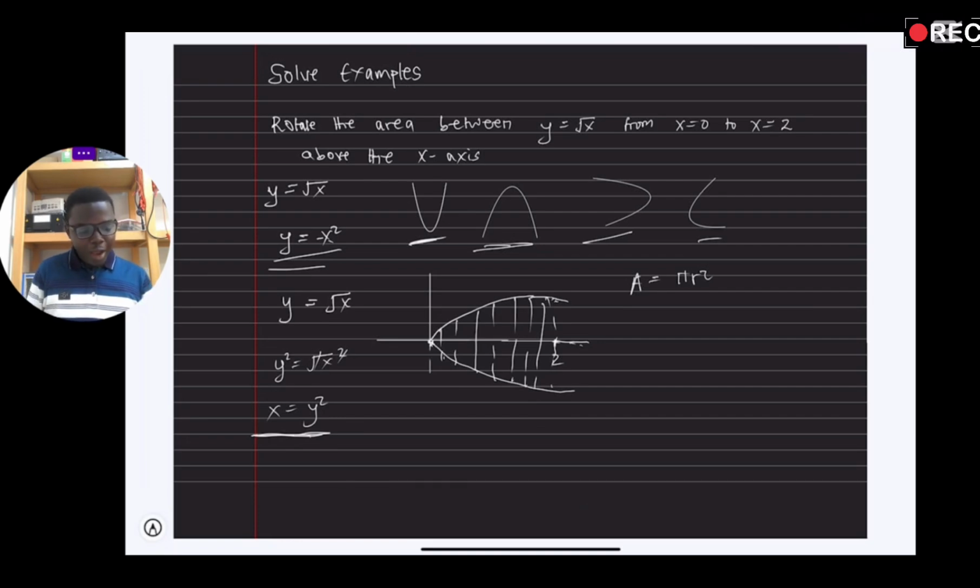And last time I showed you how you'll be able to find the radius of this figure. I was telling you that the radius of this figure, because it's symmetrical, starts from the axis of rotation to the points of the graph, and that's we trace it to the corresponding y value, and that will give us the equivalent distance from the axis of rotation. In this case, it's y equal to 0, that is the x-axis, to the graph, and then we get a y value of it. So in that case, we'll be able to estimate the radius. And when we do that, we will have to put the x value at that instance into the function's value. That's where we're able to come out with A equal to pi